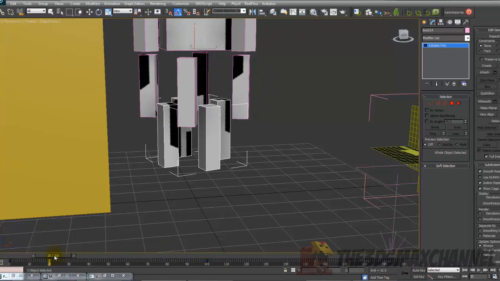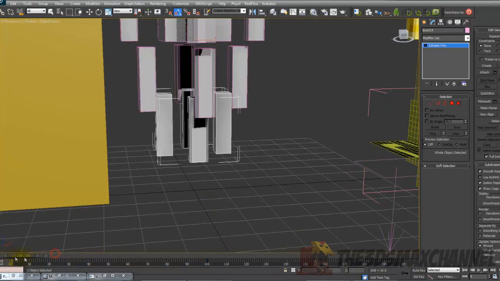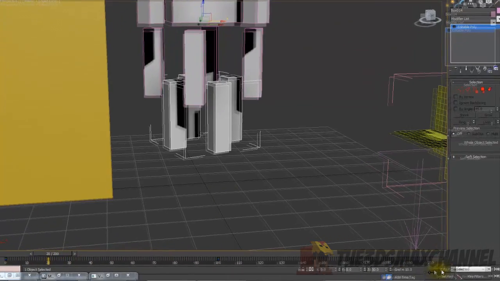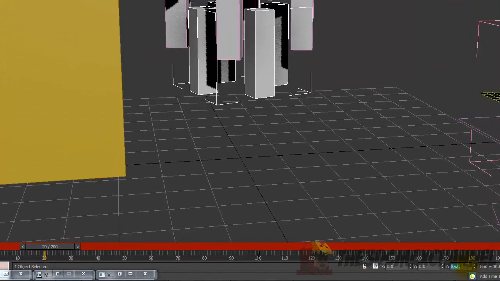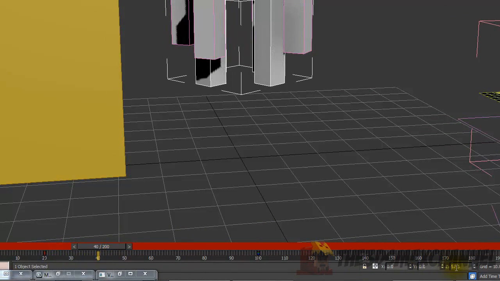So go to frame 200 and go up. You may actually want to change the Z-axis to something like 50 or something. So after you've done that, go to frame 20 and go up maybe 5, so 55, and then go to 40, put it back down to 50,